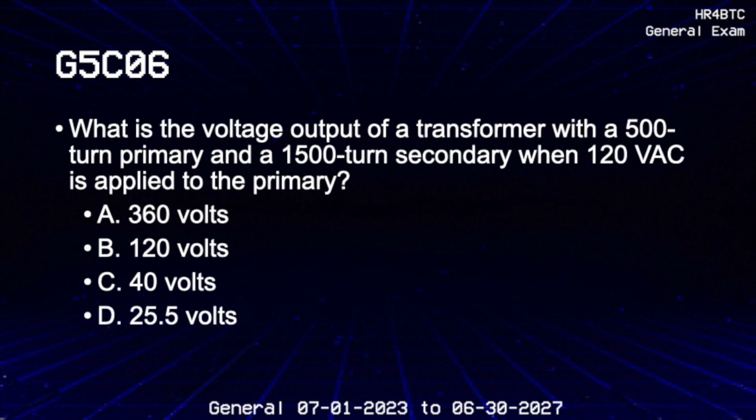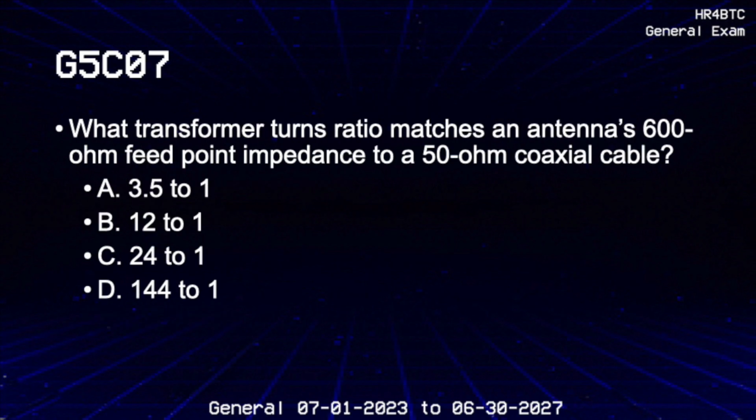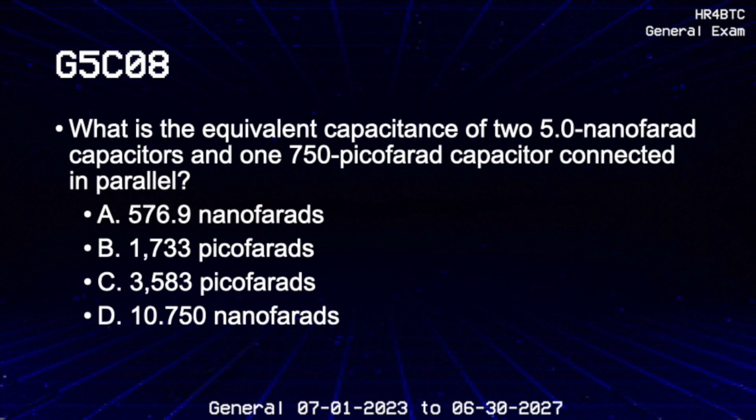What is the voltage output of a transformer with a 500-turn primary and a 1,500-turn secondary when 120 volts AC is applied to the primary? 360 volts. What transformer turns ratio matches an antenna's 600 ohm feed point impedance to a 50 ohm coaxial cable? 3.5 to 1. What is the equivalent capacitance of two 5.0 nanofarad capacitors and one 750 picofarad capacitor connected in